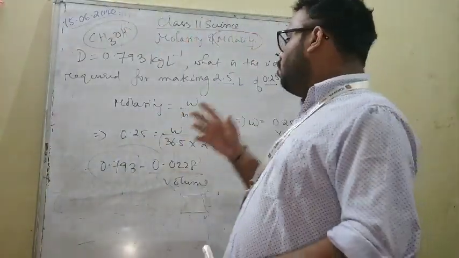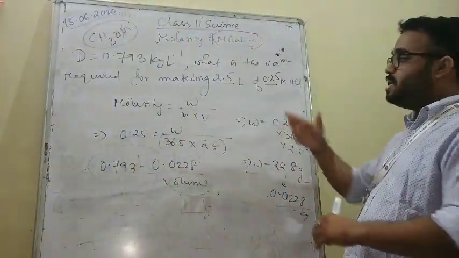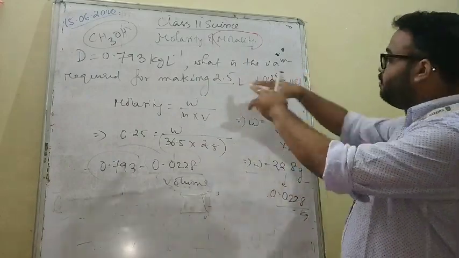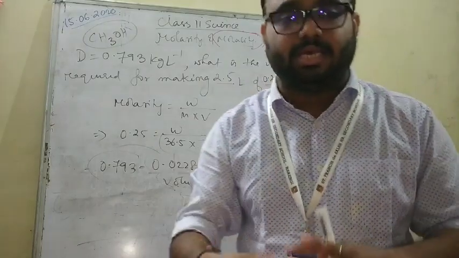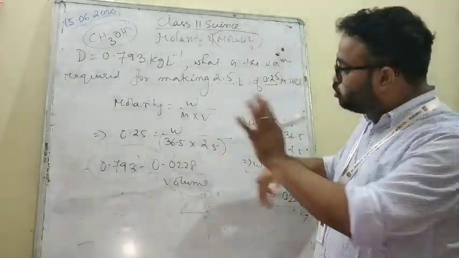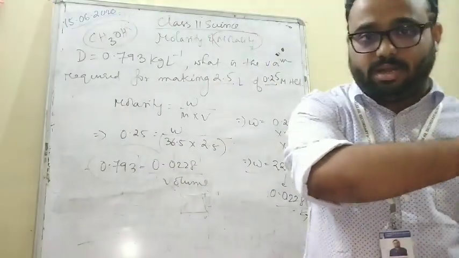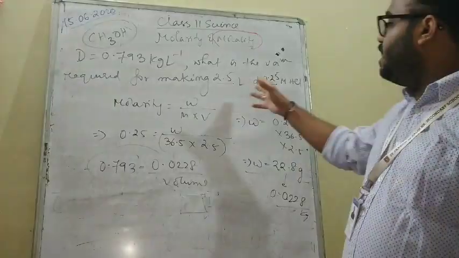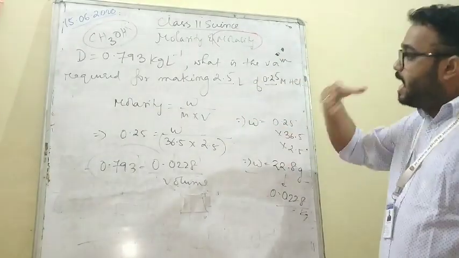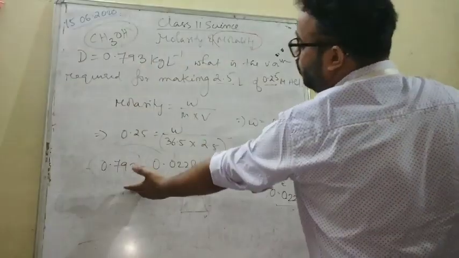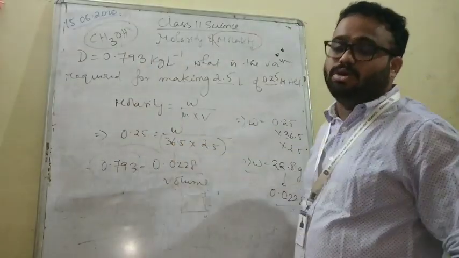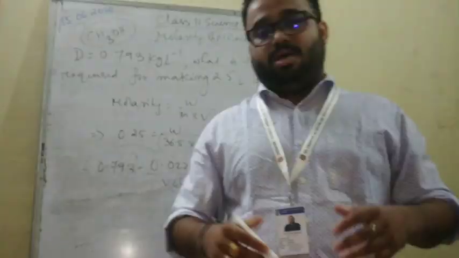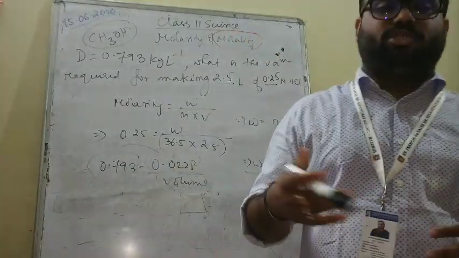So remember, whenever these kind of sums are there, first you find out the mass. Using molarity and volume you have to find the mass, and after that you use it. In the previous sum you first took out the mass and then did according to the mole concept. Here first you take out the mass, then put it in the formula, density equal to mass by volume, and take out the volume. So these two are the special numericals. The other numericals I have almost discussed.